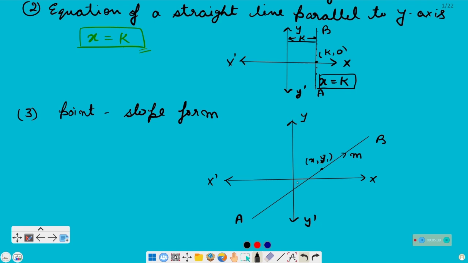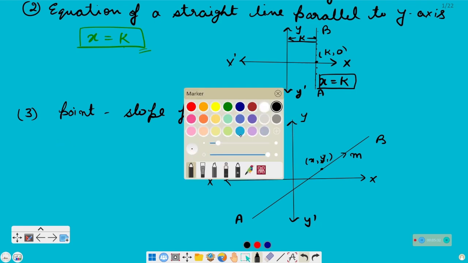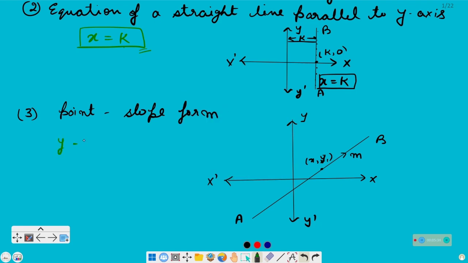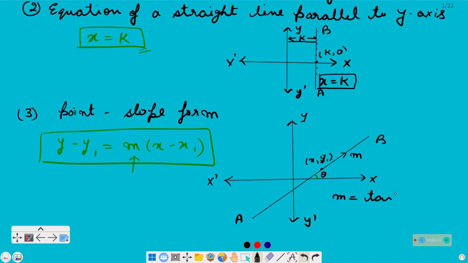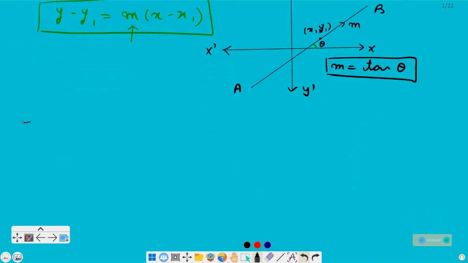Then the equation of this line AB will be given by y minus y1 is equal to m(x minus x1), where m is the slope of line and x1 y1 is a point on this line. If inclination is given, then we have to find slope by formula m is equal to tan theta. Next, if slope is not given,